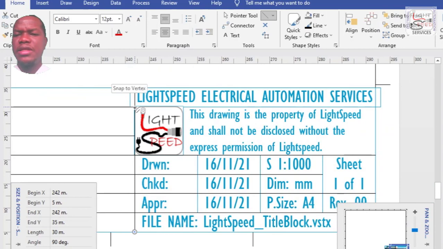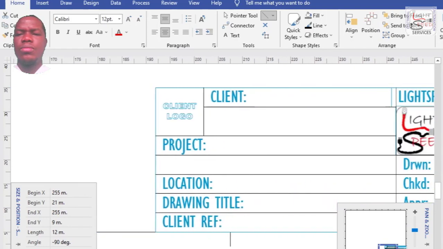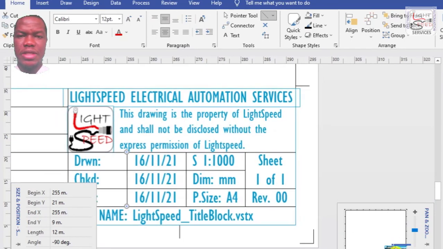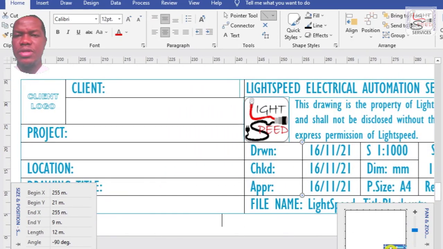I don't think I want to put a line there. Okay, let's complete this part. There is no need to put a line at the border, at the edge of the title block, because we are going to leave that box. So when we finish, we'll color the box to whatever color we are using the line for. Okay, so client information, expand it a little bit.